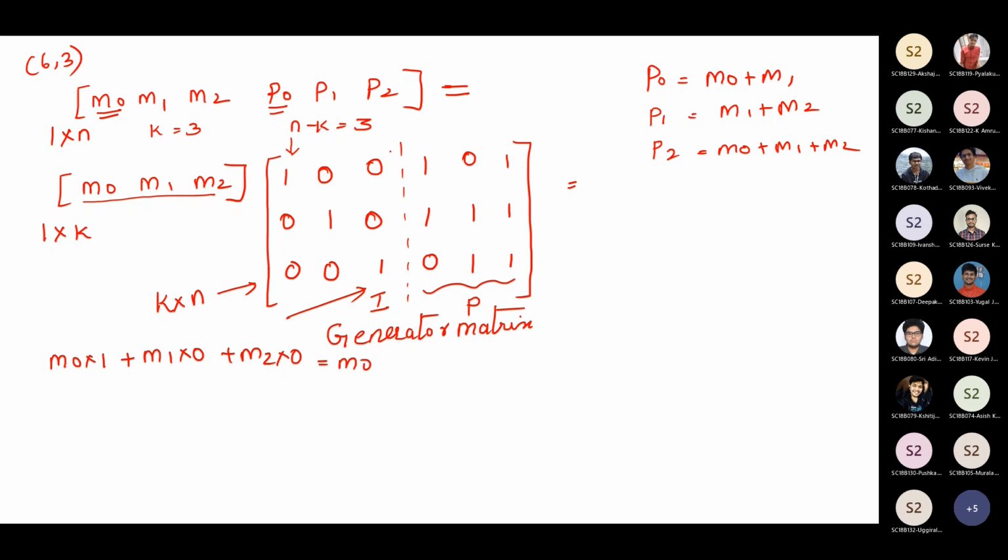So instead of saving all the code words, or you can say code, instead of storing all the code, what we can do is you can just save this G matrix at the receiver. Once the G matrix is known, for any message combination at the receiver, you can generate the code.